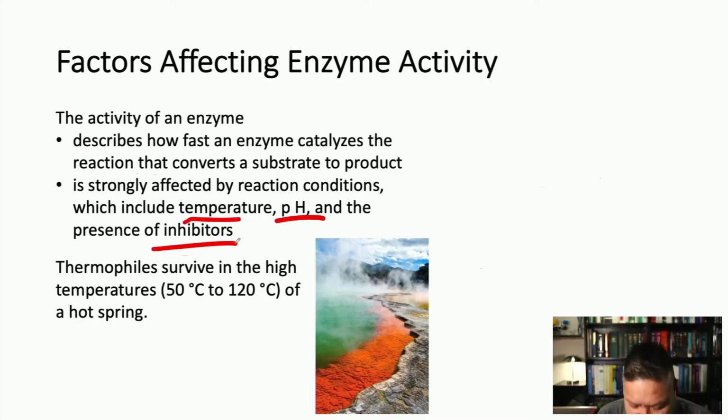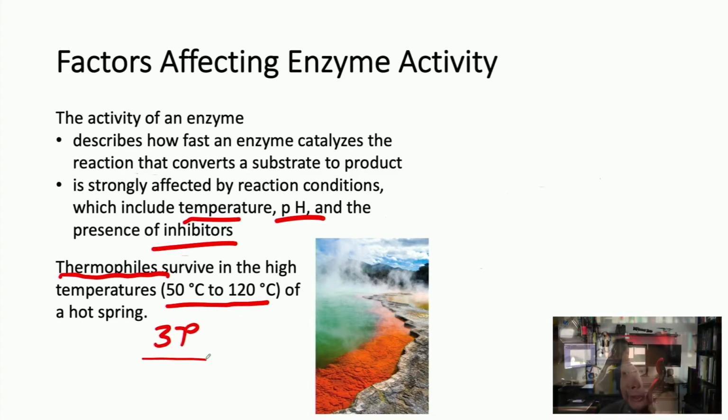So the example I have here is actually of thermophiles, bacteria that can survive in temperatures from 50 degrees Celsius all the way to 120 degrees Celsius. That's hot. That's 20 degrees higher than boiling point. So I have a couple of different things to mention here. If you didn't already know, 37 degrees Celsius is body temperature, and it's the optimal temperature that bacteria could grow at. So being able to survive 50 degrees Celsius is pretty impressive.